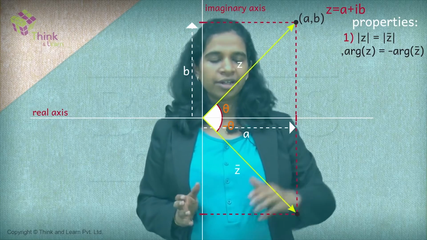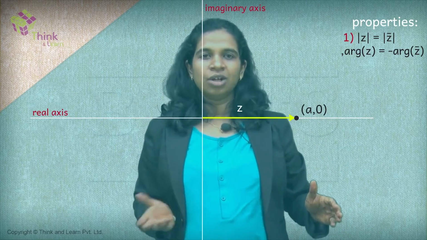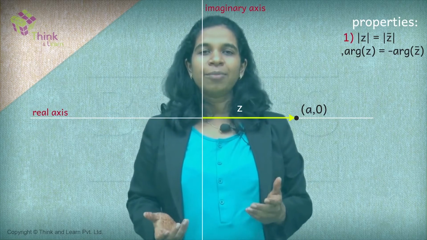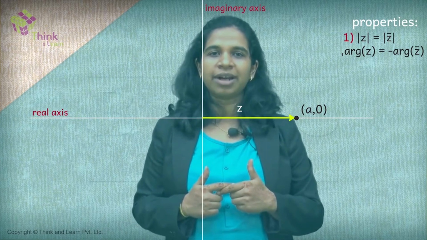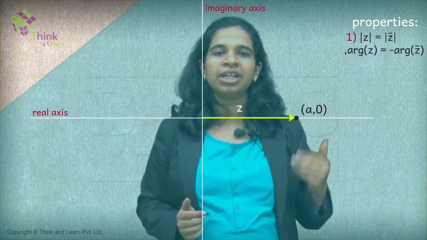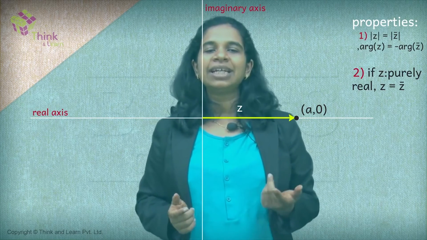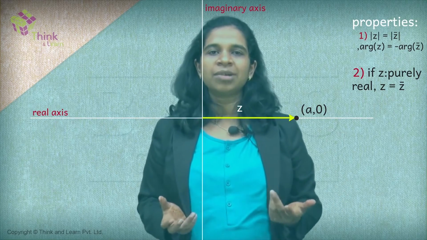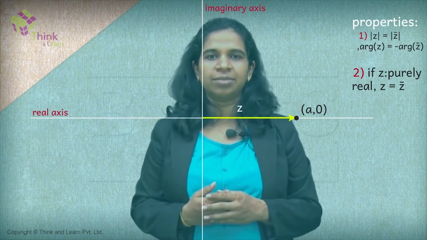What happens if z is purely real? This is z. Purely real means let's bring it down to the real axis. What happened? You saw z bar moving along with it, right? Because z bar is its image. The moment it became purely real, z and z bar overlapped with each other. That is what the property says, that if a complex number is purely real, then z is equal to z bar. It's clearly visible in the diagram, because basically theta becomes 0. Length was already the same. 0 and minus 0 are the same, so if theta becomes 0, then the angle also becomes the same. Once length is same and angle is same, it is the same complex number.